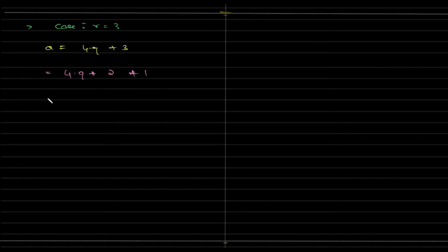And then I'm going to write 4q plus 2 as 2 into 2q plus 1, plus 1. I took 2 common, right? Between these two I took 2 common, and I have this, and this is nothing but 2 into something plus 1, is an odd number,